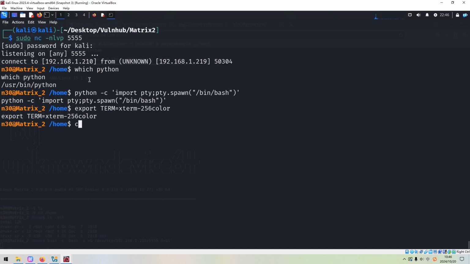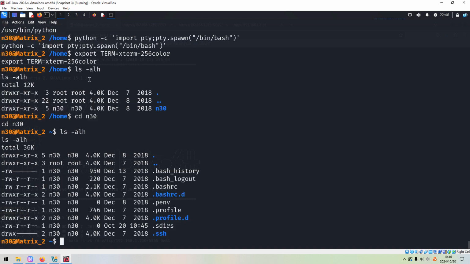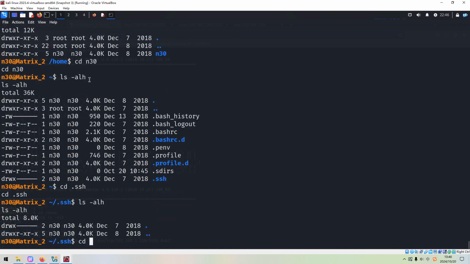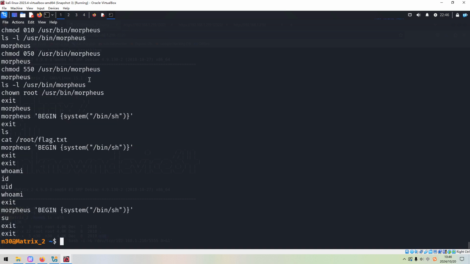So next, we need to do some local enumeration, right? We do not need to access the SSH directory, so we need to cat out the bash history. We found this command. What it's about, we can copy.